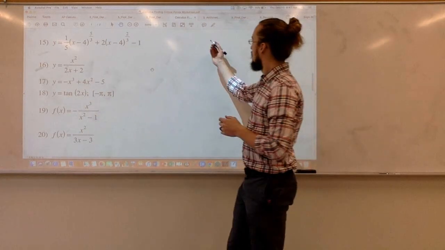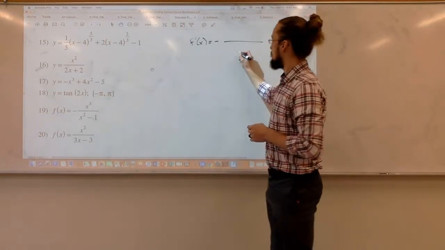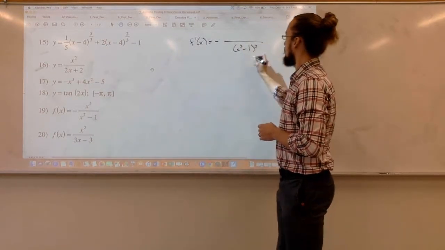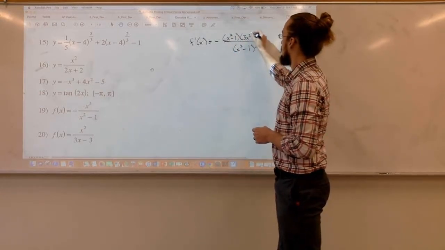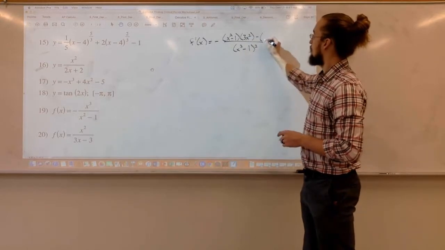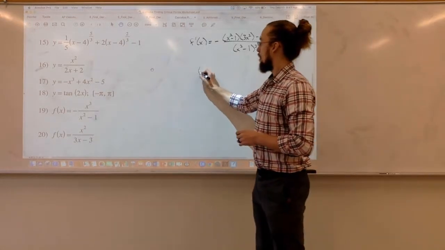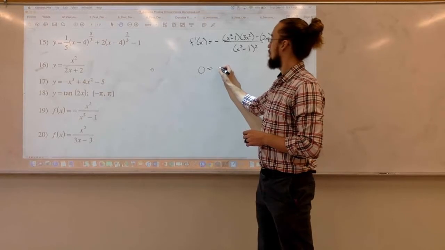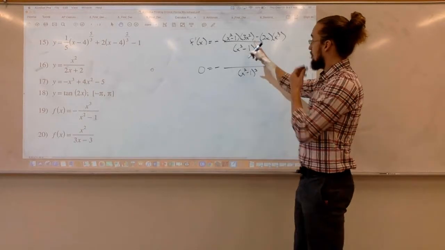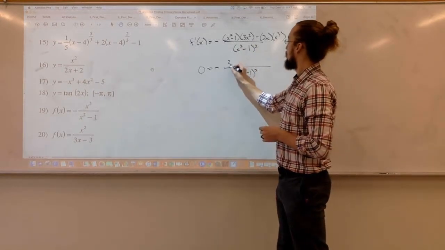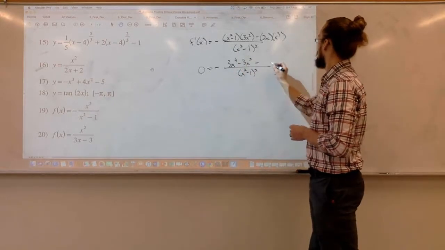Alright, so take the derivative. f prime of x. I'll just leave that negative sign out front. Square the denominator. Bring the denominator straight up, times the derivative of the numerator, minus the derivative of the denominator times the numerator. So now I want to set this equal to 0. So I'll go ahead and simplify the numerator here. That'll give me 3x to the 4th minus 3x squared minus